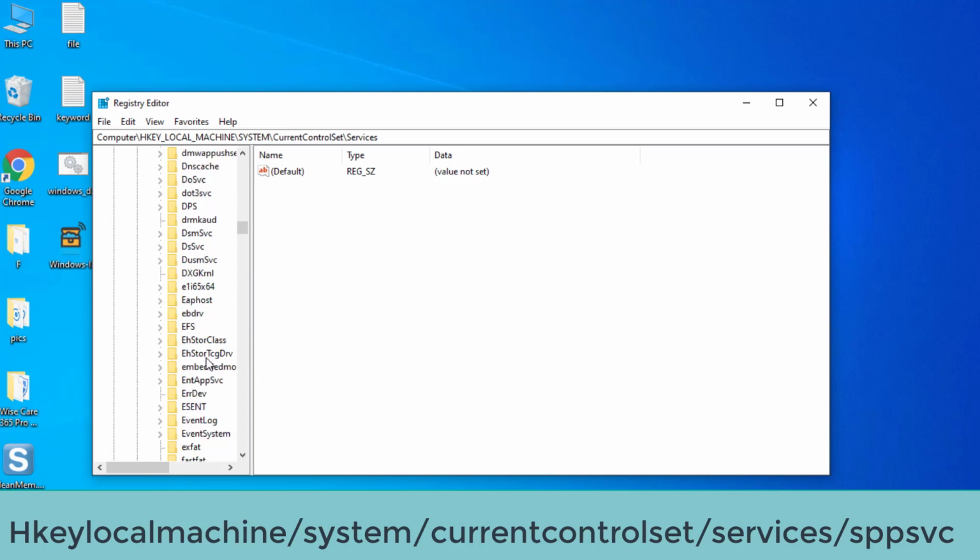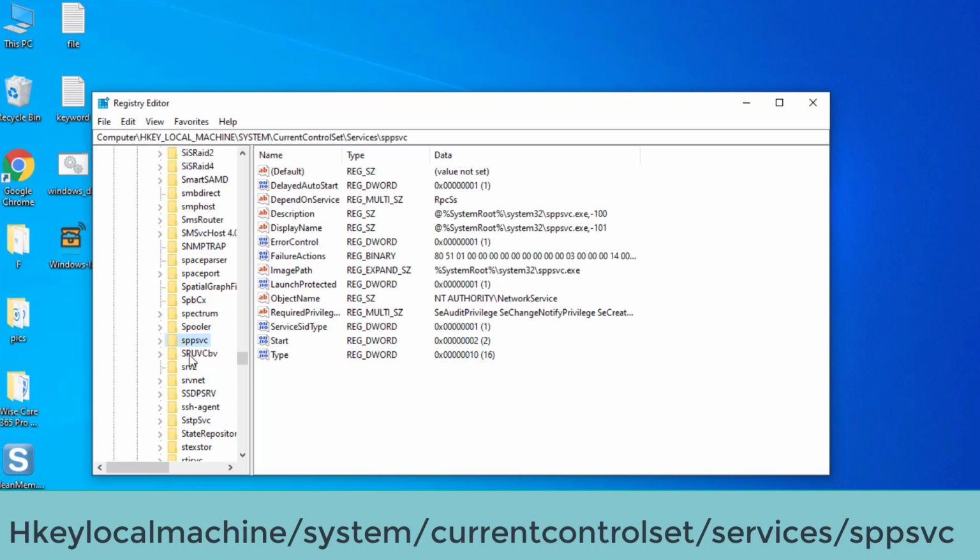It will be in alphabetical order, so scroll down to find the service. Here is the service SPPSVC.